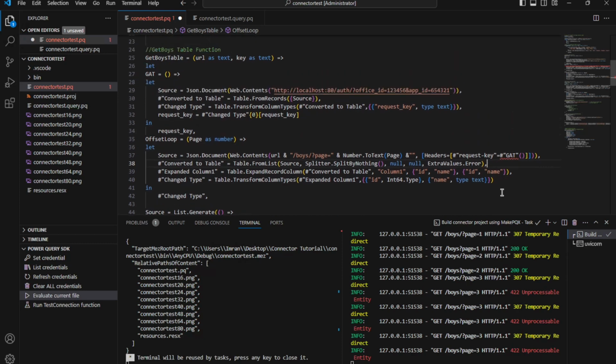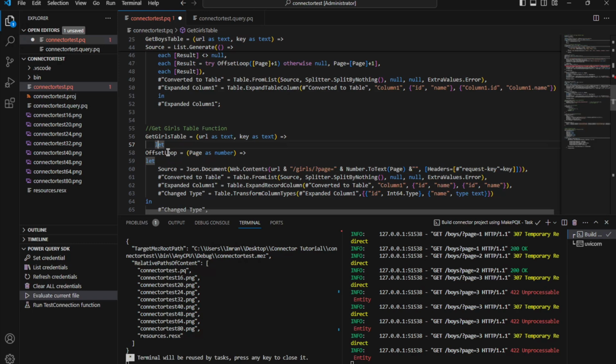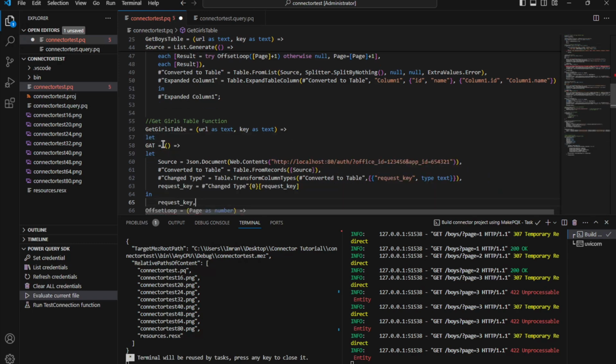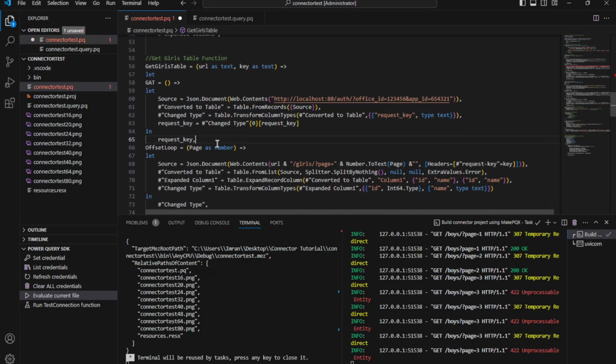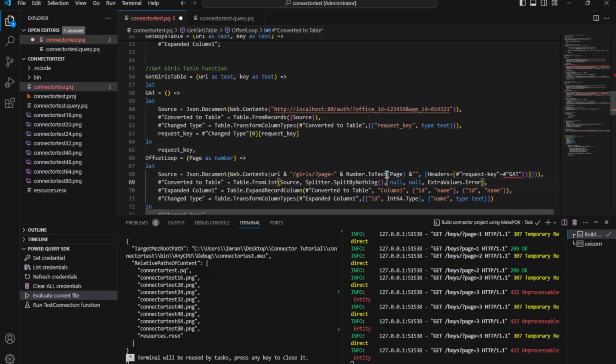I'm going to do the same thing for girls, where I'm going to paste my get function. So get rid of this let and paste that in. Call my get output here. And then I'm going to build this. Actually, before I build that, I need to get rid of key as text, and I need to mention Office